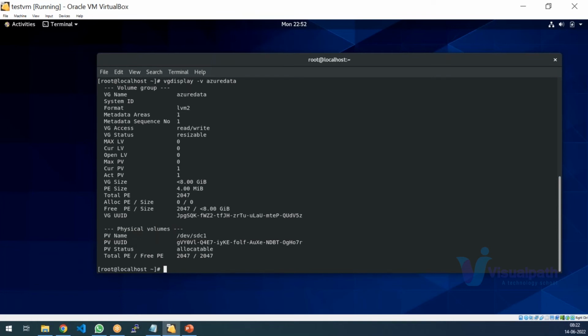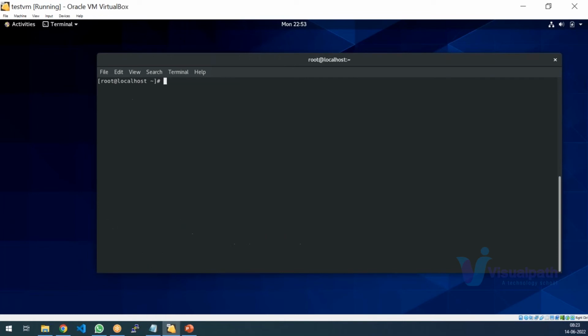Okay, now next step is I need to do LV create. I need to do logical volume creation. Again, commands are almost similar. All you have to do is remember what you are creating, and you can use a command like LV create, VG create, PV create, LV remove, VG remove if you want to remove it. Okay, now we'll use LV create